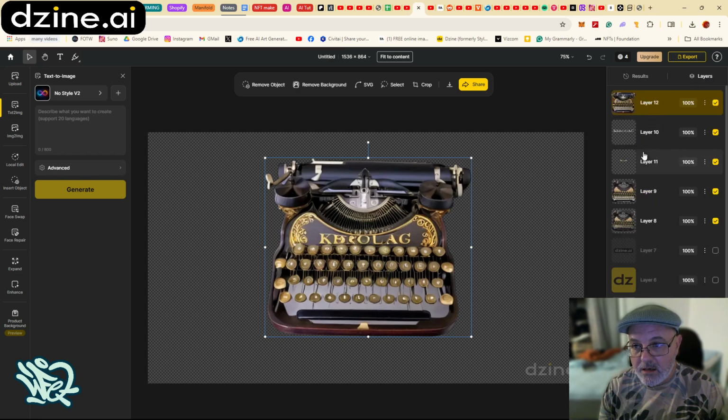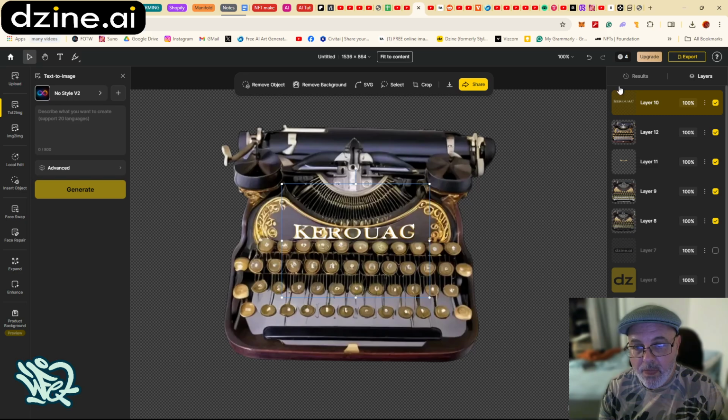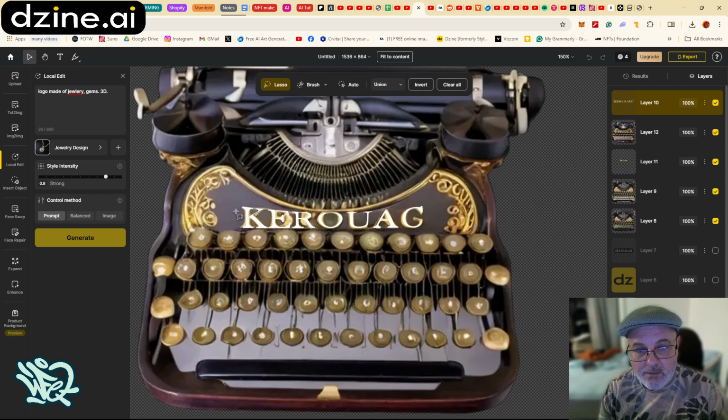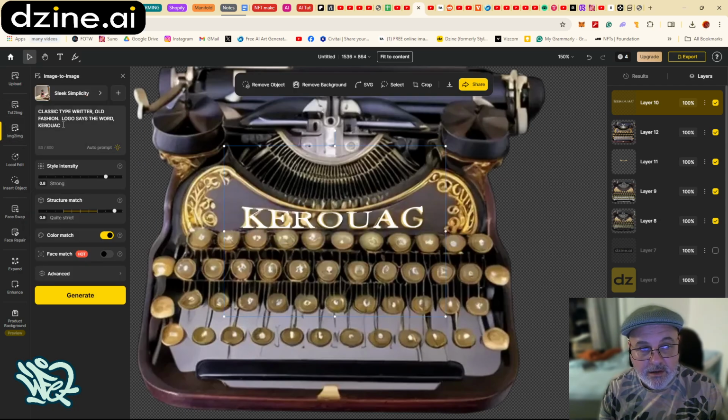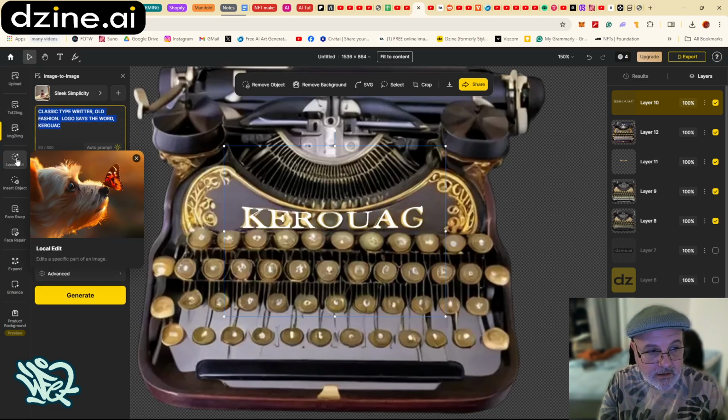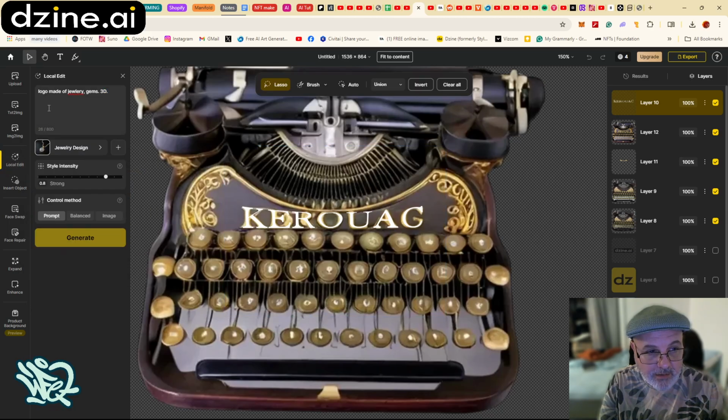Again, you could just put this layer on top. You can do what they call local editing. I forgot about that. So instead of image to image, you would click local. Now it's all about selecting areas and really fine tuning things, okay? And you can also go back to the other area, which was image to image, and copy that prompt, go back in here,